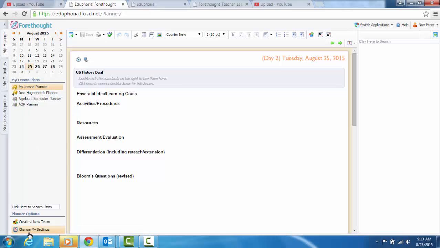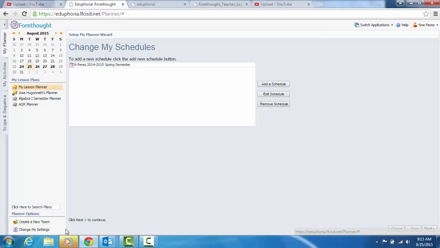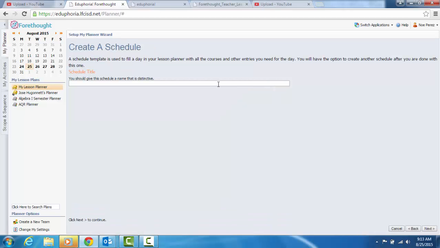So you want to go into change my settings, click on my schedules. Now you don't necessarily need to remove the schedule. Here is the schedule from a previous year. You're going to add in this schedule right here. So I'm going to put in the year